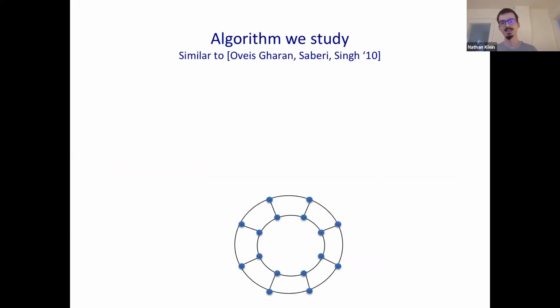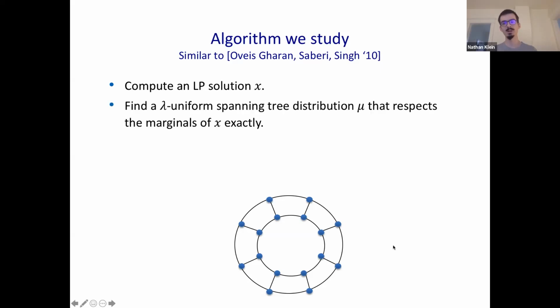Okay, so now I can define the algorithm. And here we'll study an algorithm which is based on a work by my co-author Cheyenne, as well as Severi and Singh. And it's also very similar to Christofides' algorithm. Okay, so first we'll compute an LP solution X to the Held-Karp relaxation. And then given this X, we'll compute a marginal preserving lambda uniform spanning tree distribution mu on the support graph